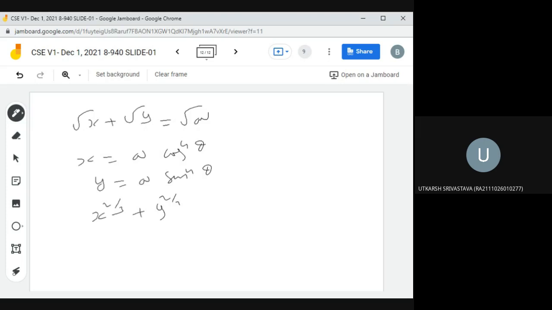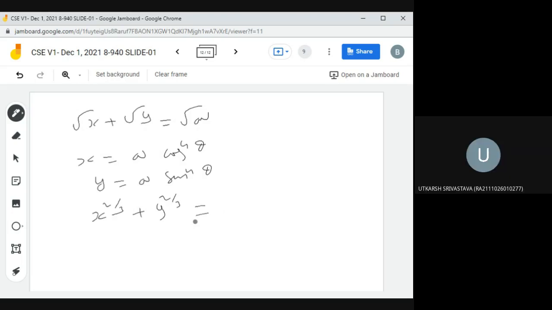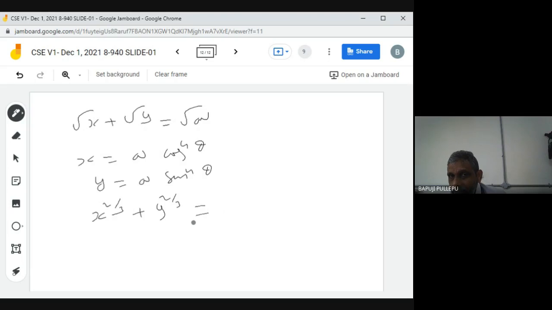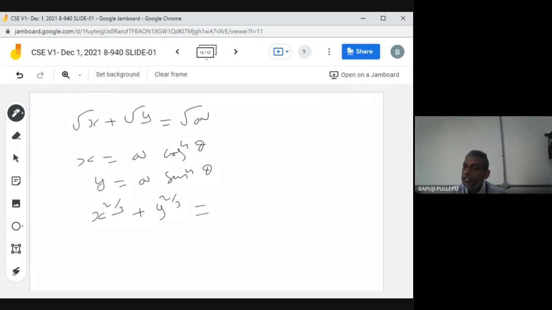But sir, we can take a by 4 too, sir. Why are we not taking a by 4 there? We can take a by 4 too, sir, in the under root x plus under root y equals to under root a by 4. If you take a by 4, what do you get? No, parameter. See, A is a constant. You have to tell one parameter, you have to link. Okay, sir. Fix the A value means A is fixed. But if you want to tell parameter, if I give whatever may be the value of theta, that point should be satisfied in this curve actually.